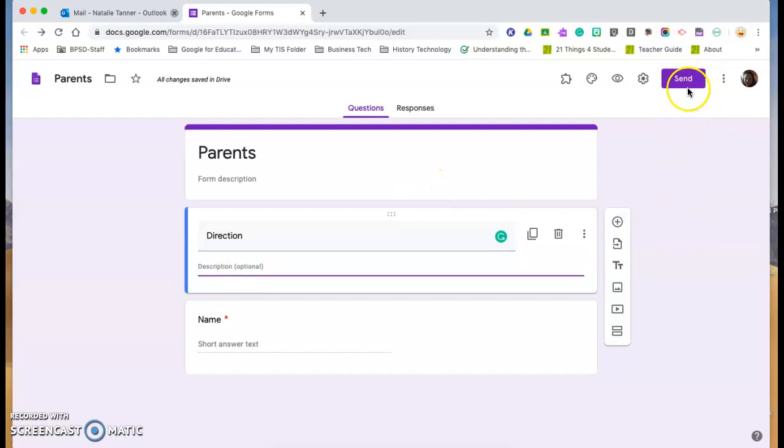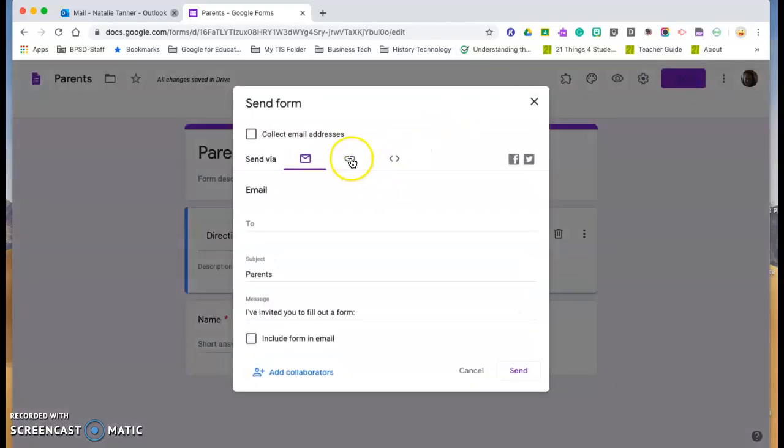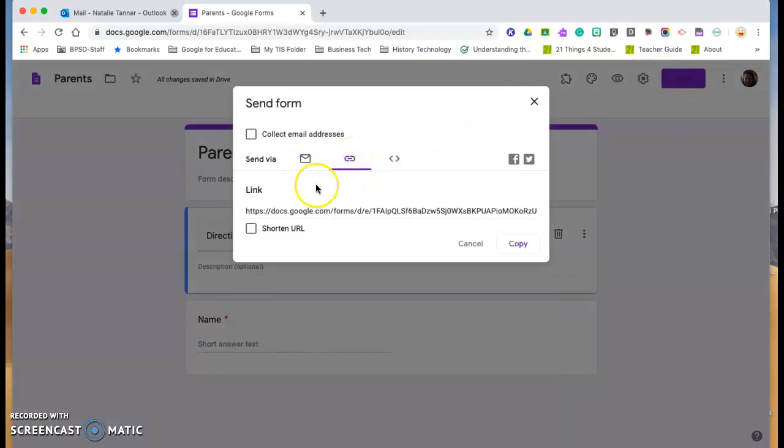When you get ready to send it out to your parents, you can click Send. I would go over here to this link, click it, and then I would shorten the URL. When you shorten the URL, then you can copy it. You can put it out in your Class Dojo. You can send it out in an email, or however it is that you need to get this information to